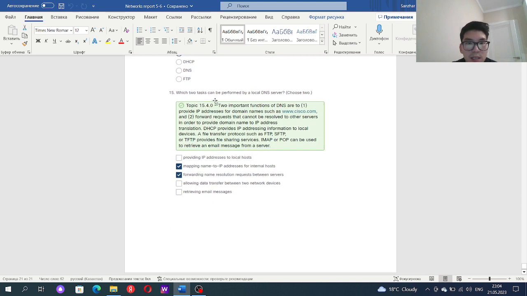Which two tasks can be performed by a local DNS server? It's mapping names to IP addresses for internal hosts, and forwarding name resolution requests between the servers. It's two of them because